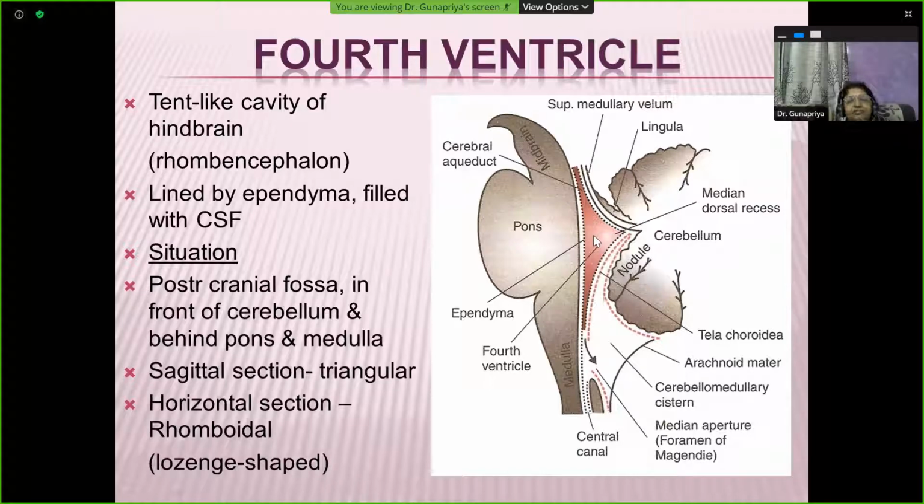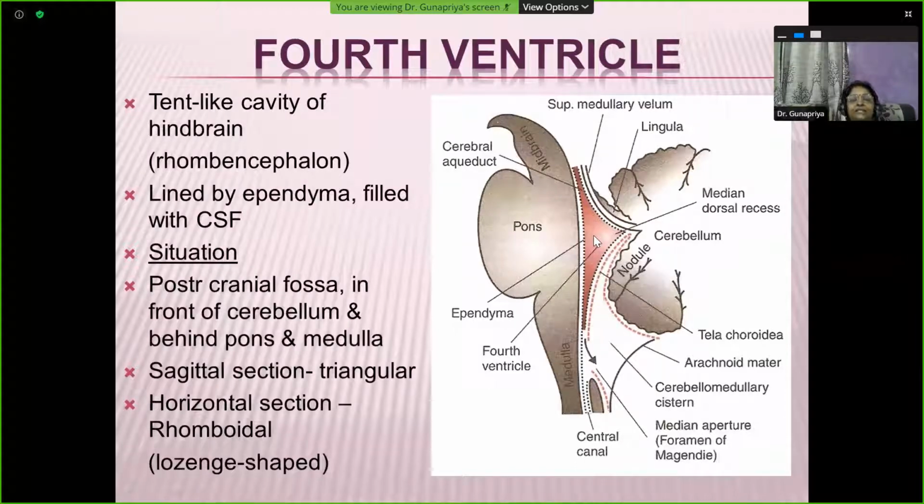All the ventricles of brain will be lined by a very peculiar epithelium, which they might have taught you in the earlier classes in Introduction to Nervous Tissue in the beginning last year. That is ependyma, a type of nervous tissue supporting cells, or neuroglial cells, known as ependyma. Ependyma has a capacity to synthesize cerebrospinal fluid, and this entire cavity will be filled with cerebrospinal fluid.